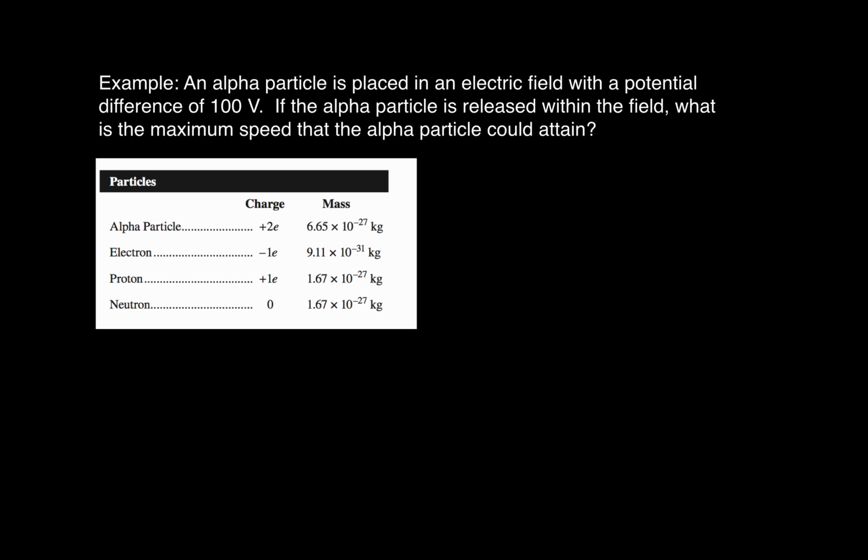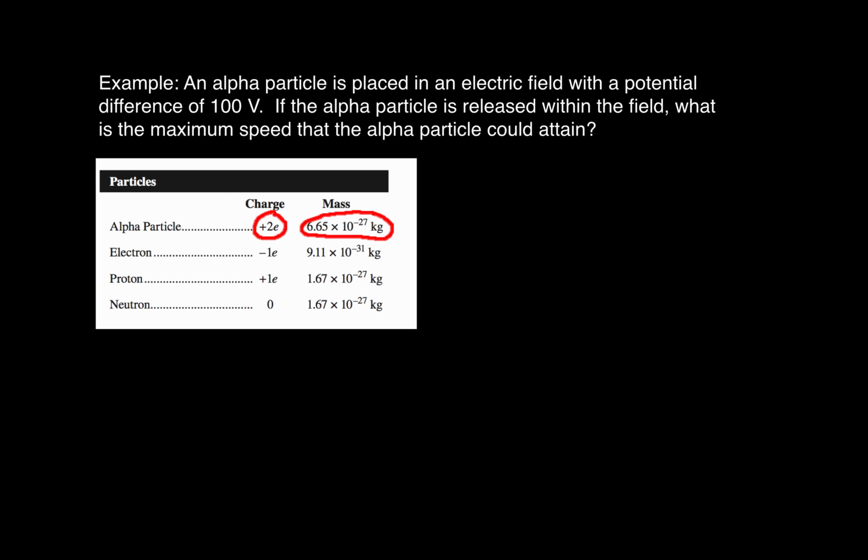An alpha particle is placed in an electric field with a potential difference of 100 volts. If the alpha particle is released within the field, what is the maximum speed that the alpha particle could attain? The alpha particle is found on your formula sheet in the particles section. The charge of an alpha particle is 2 times the elementary charge, and the mass is 6.65 times 10 to